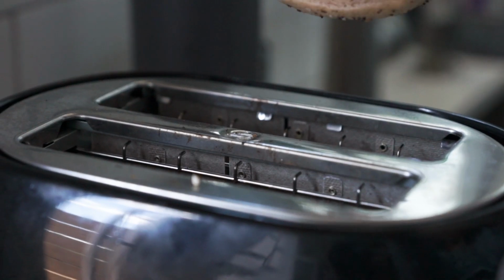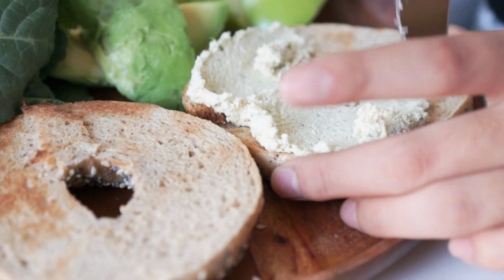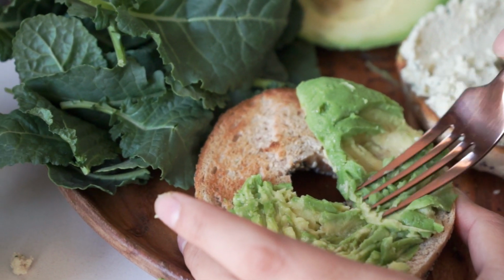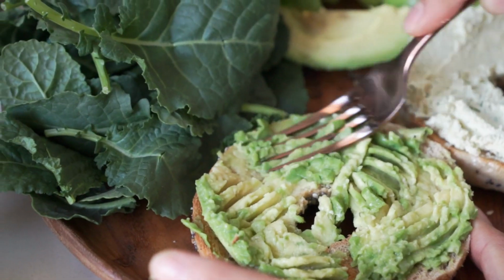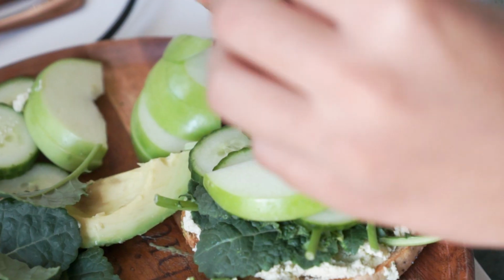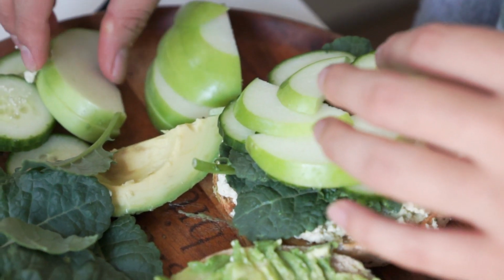Then we're going to toast up some bagels, spread that tofu feta cheese over the toasted bagel, and then on the other side of the bagel, we're going to spread on some fresh avocado. Then we're going to top it with some baby kale, cucumber slices, green apple slices, and close that up